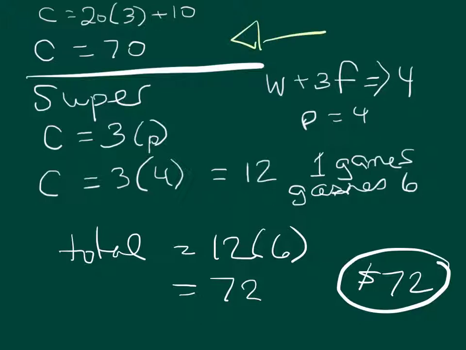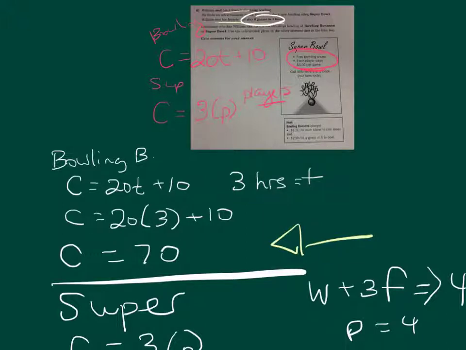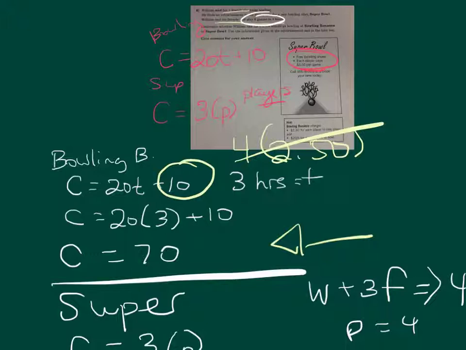Hold on a minute here. When we did the cost of 10, that was for 4 friends with shoes at $2.50 each. But this time, that's not true. This time it's 6 friends at $2.50 each. So my initial value isn't going to be 10 anymore. 6 times 2.50 is going to be